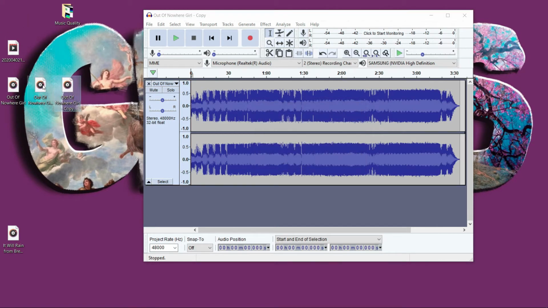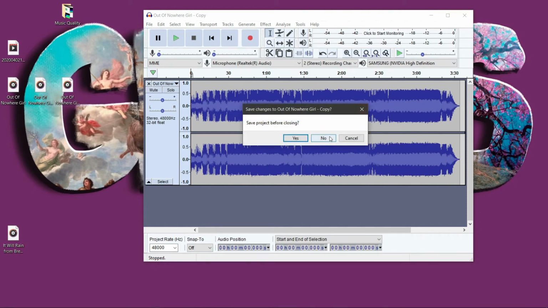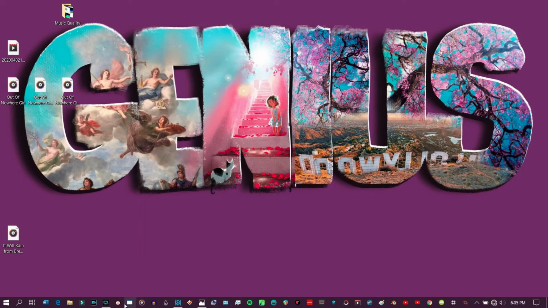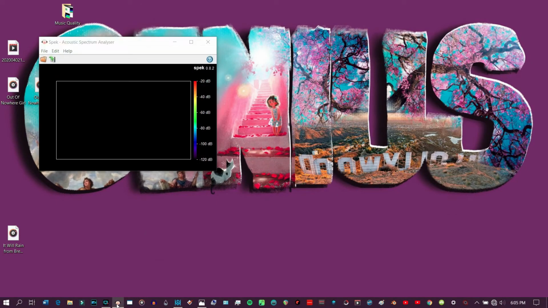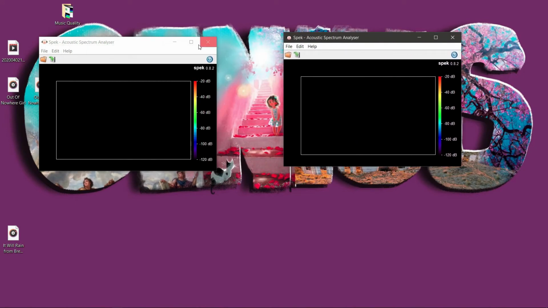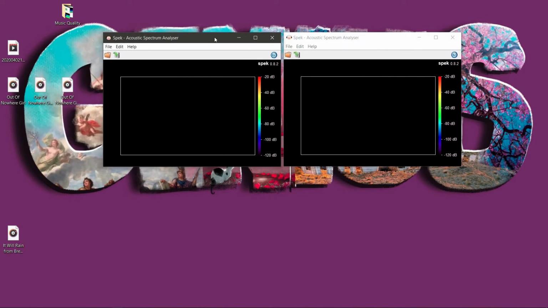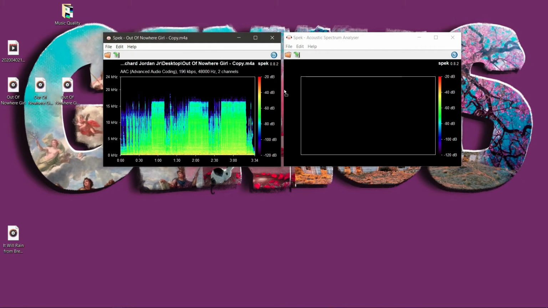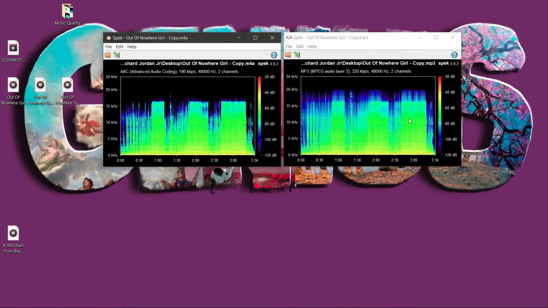So now we have these two files. This is the MP3 and this is M4A. So what we'll do there is let's put both of those into the Spectrum Analyzer, because I want you to see that those settings, the insane setting, is definitely better. I went through all of the different settings and just ran all these experiments and found